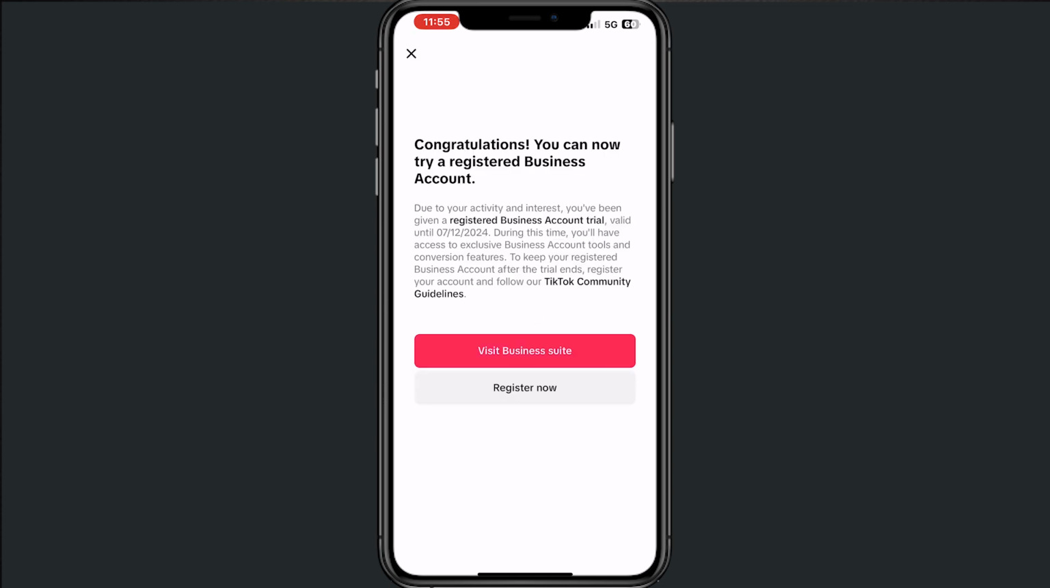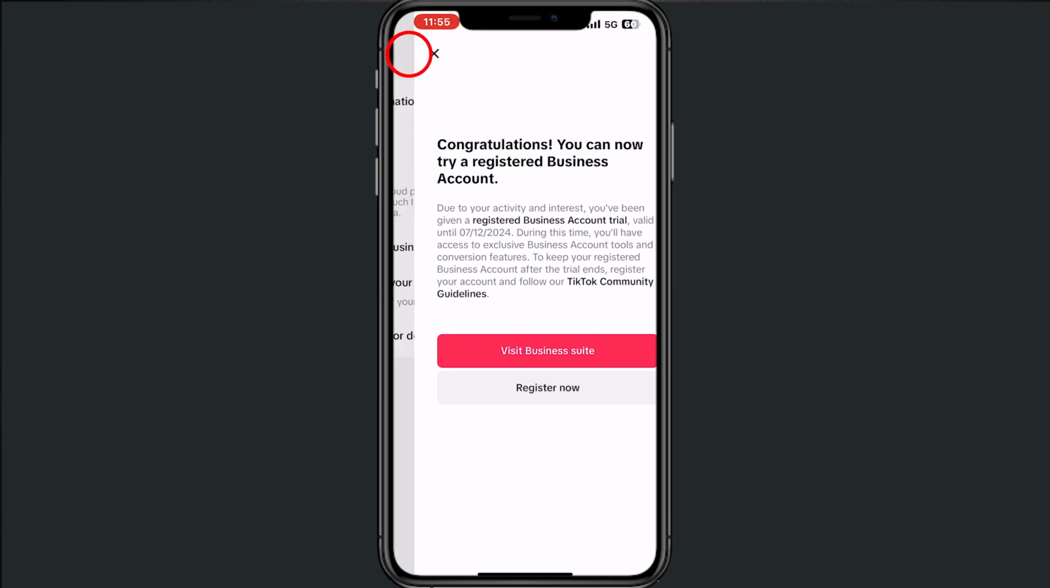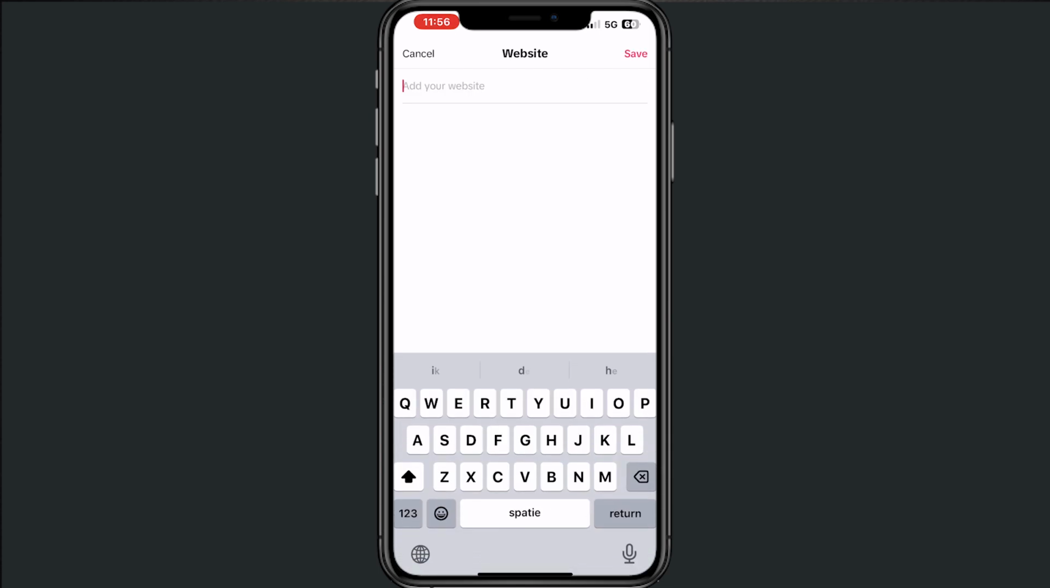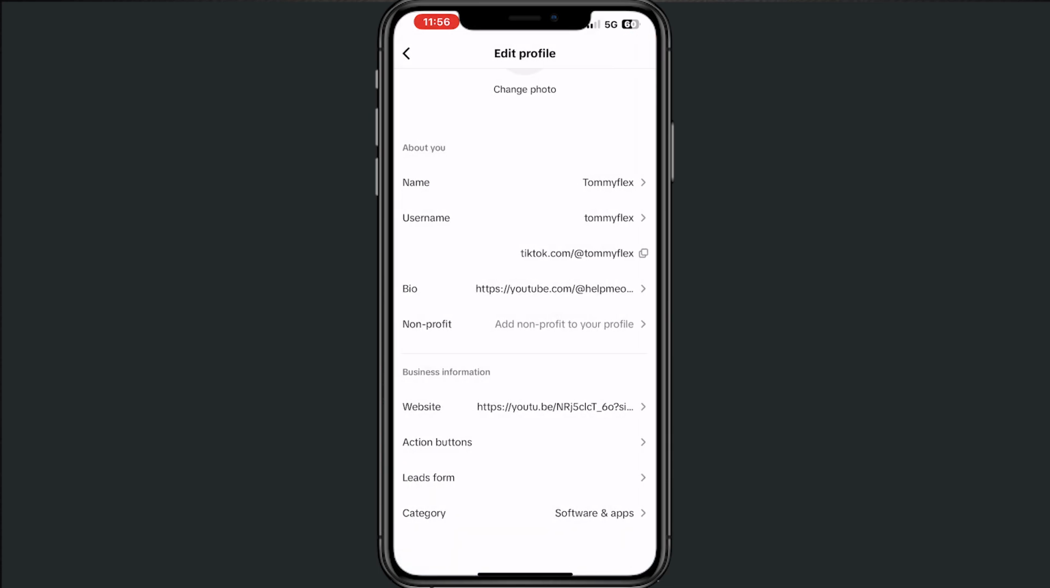And now it says, congratulations, you can now try a registered business account. We don't need to fill in our business details. But now if I tap on the cross left in the top and I go back and I will refresh my page, edit profile, go to website, delete this one and I add a new one, then go back and